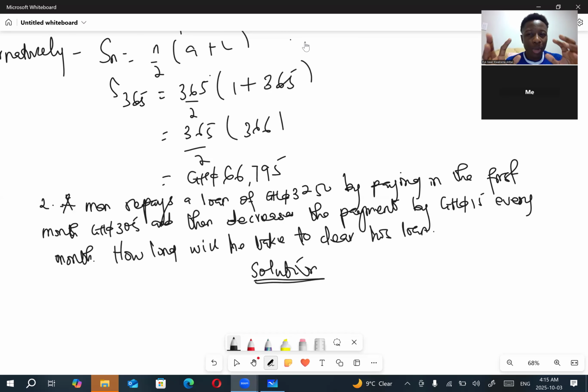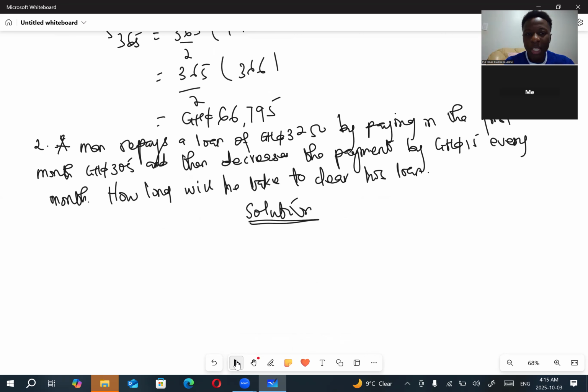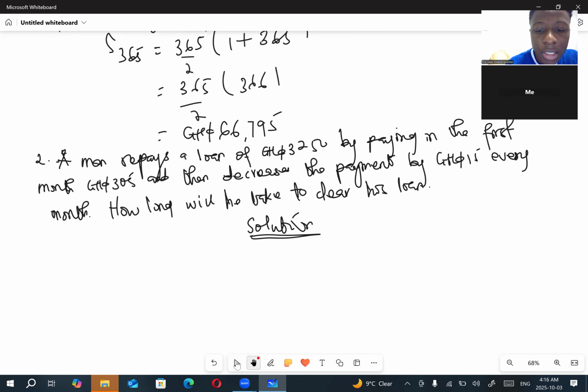Because we are all complaining about how to come out from this questionnaire, let's all forget about the formula now. Are you listening to me? Yes. Let's apply common sense. Are you ready? Yes. Okay. We understand that the person is paying a loan of what? Three. The goal is what? I'm coming. The loan he's paying is